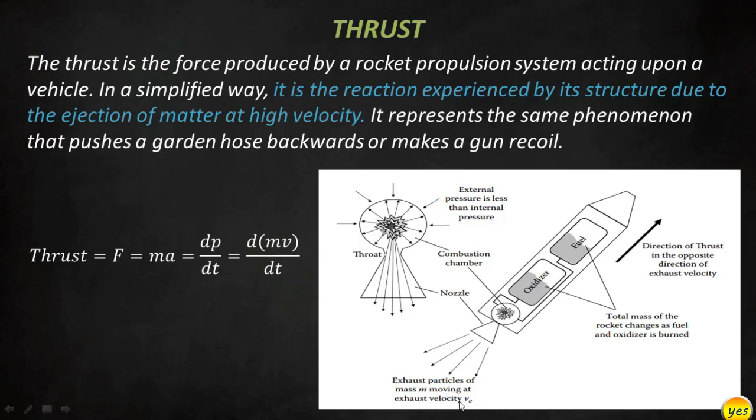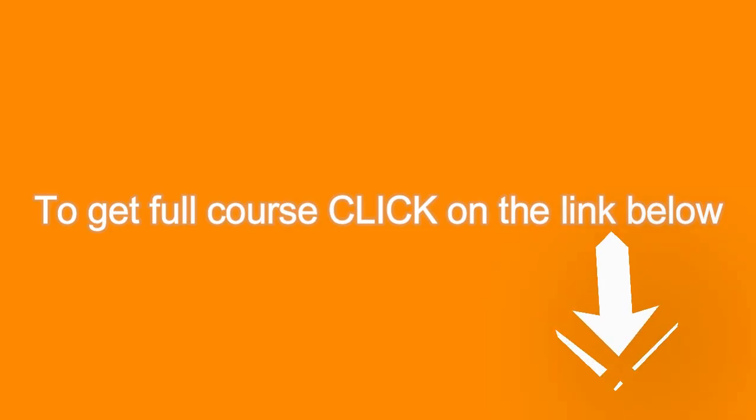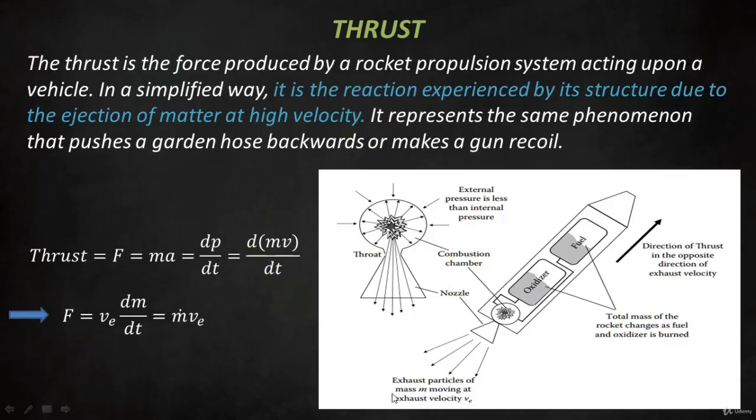So the velocity is constant, and we've got a changing mass, and therefore the thrust F becomes the time derivative of the mass times the exhaust velocity of the gases, and the mass